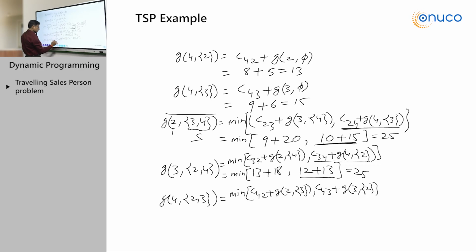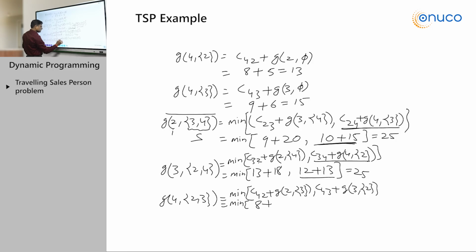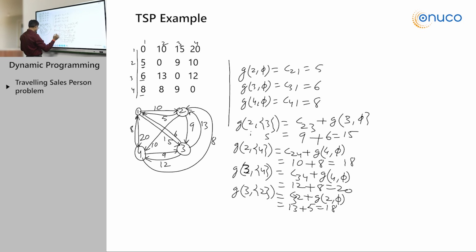Just apply the values. So, min of C of 4, 2, just go and check, 4, 2 is 8 plus G of 2, 3, we already computed earlier, 2, 3 is 15,